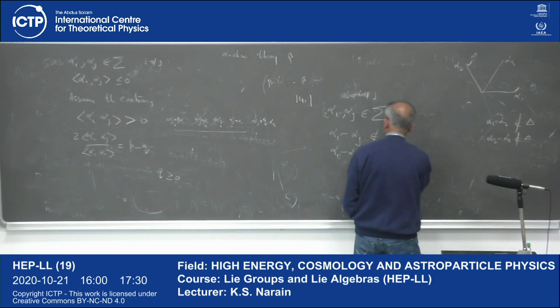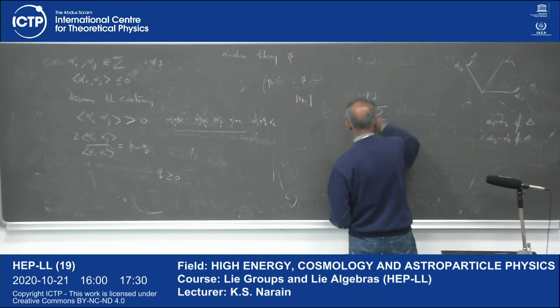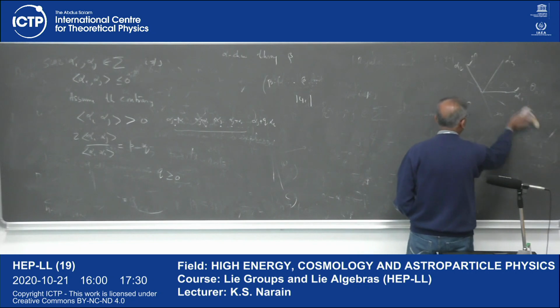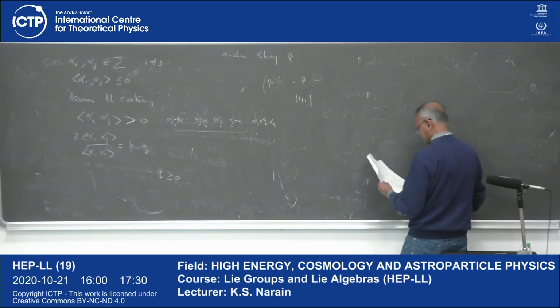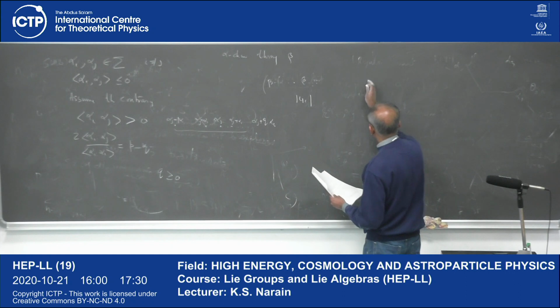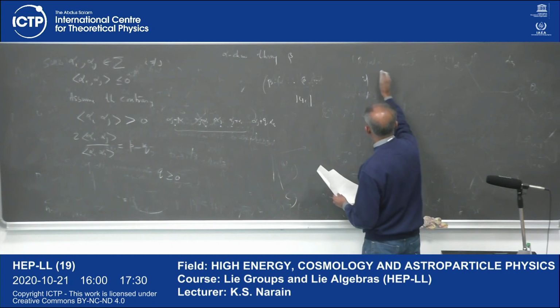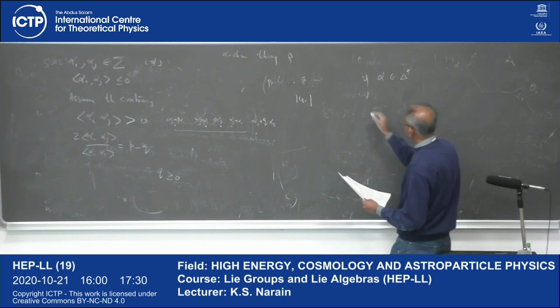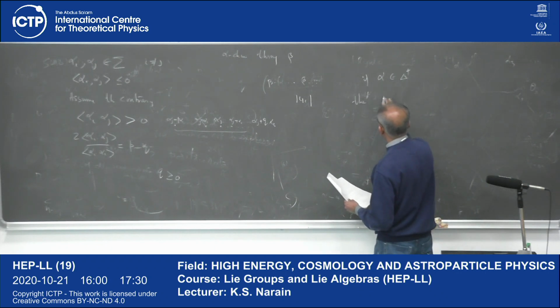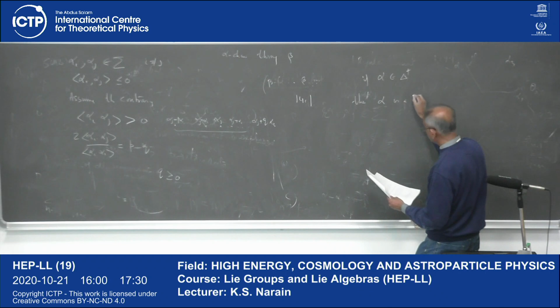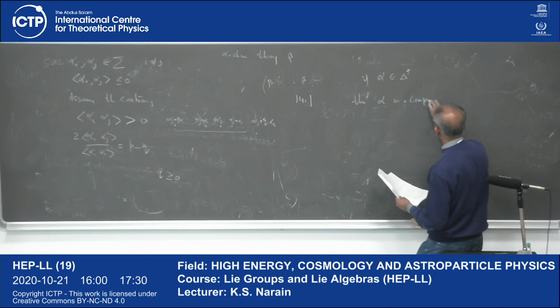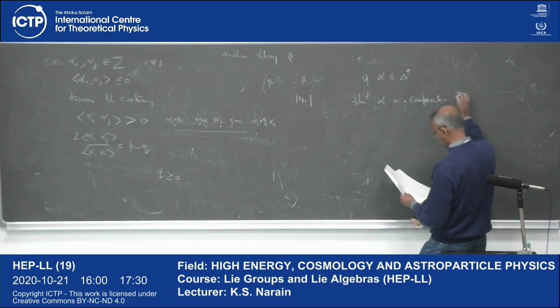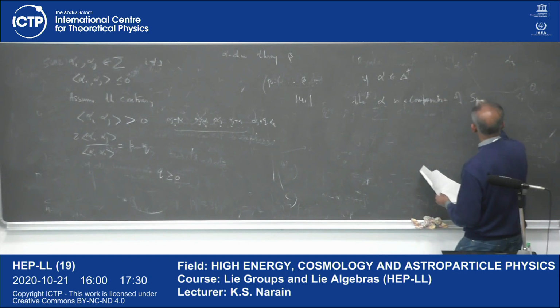If you prove number 4, number 3 is already proven. So number 4 is that if alpha belongs to delta plus, then alpha is a linear combination of simple roots